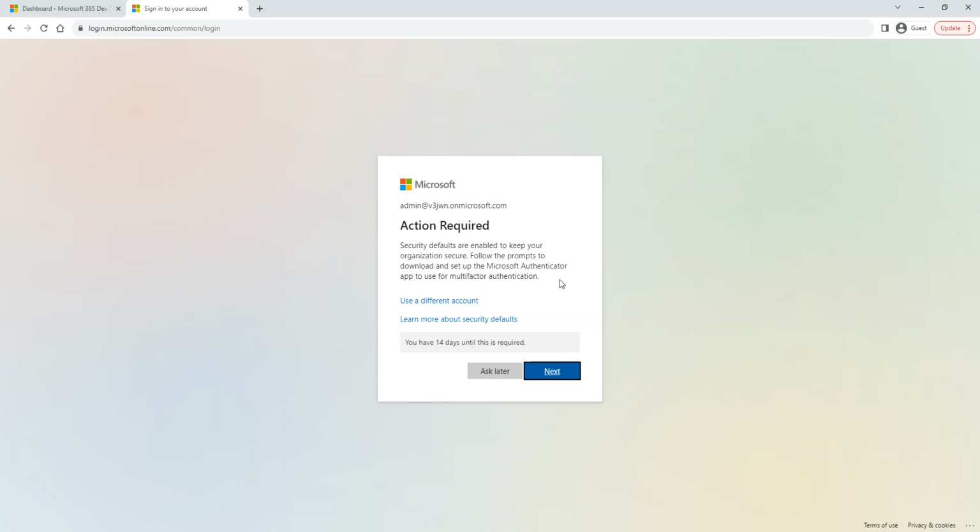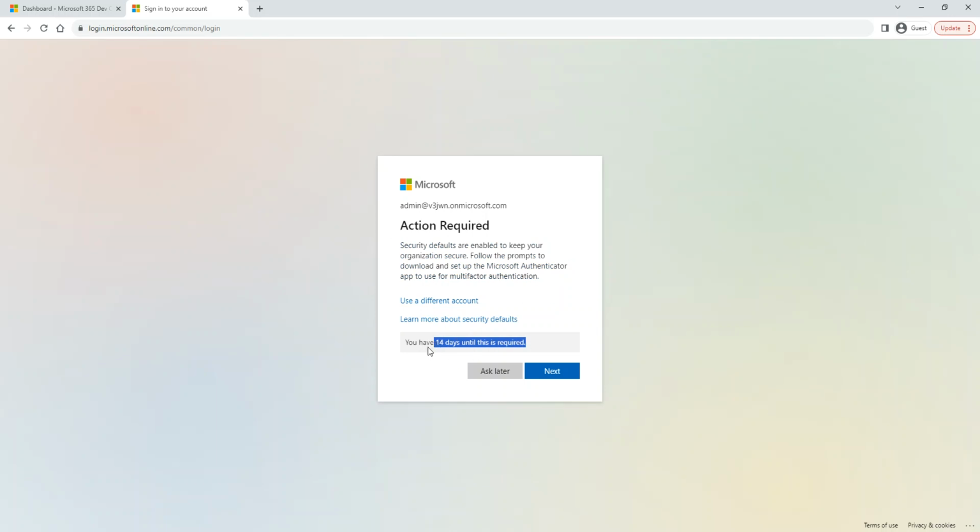I already used my username and password, but this is where we enable MFA, multi-factor authentication. This can be done through an app or a text to a phone number. I'm going to use an app at this moment. If you're using Android, you can use the Android app, which I will show you how to get. If you use an iPhone, I personally use an iPhone, so I'm going to use my iPhone app. I'm not going to bypass because it will always pop up. I know we can pass for 14 days, but I'm going to continue.